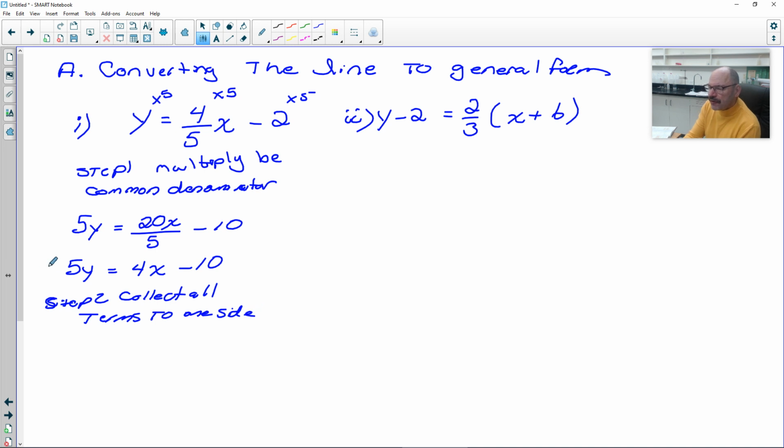Okay, so the easiest one to do is to collect all the terms to the right side. So subtract 5y. And remember, it goes x, y, number. Okay, so that's going to give us 0 equals 4x minus 5y minus 10. Or if you want to put the 0 on the other side,